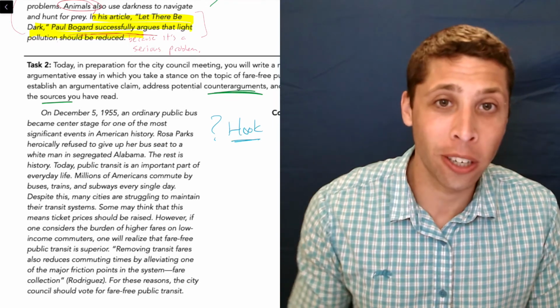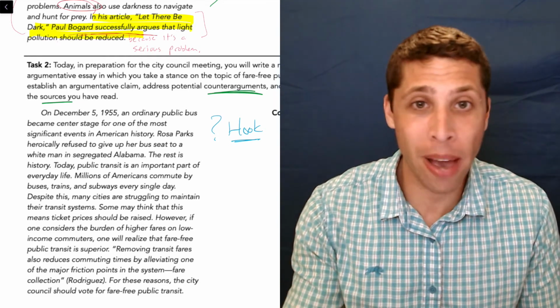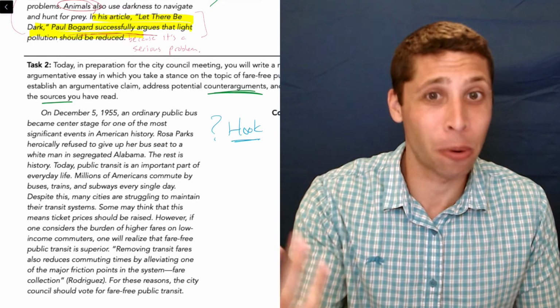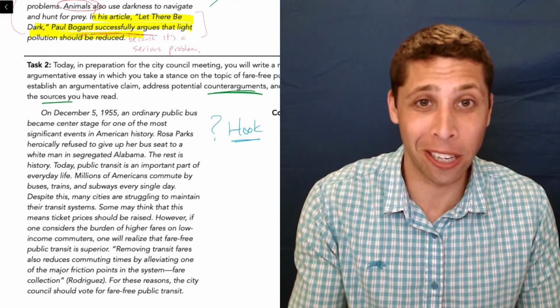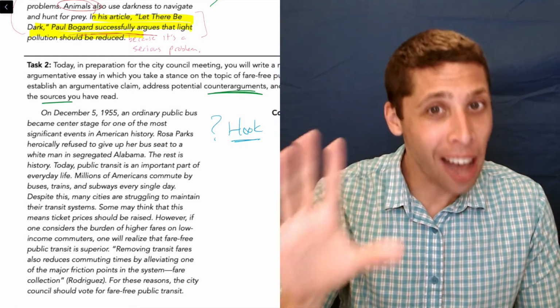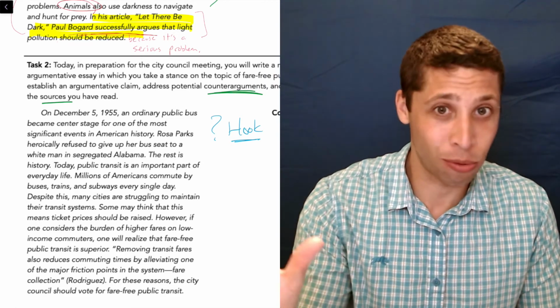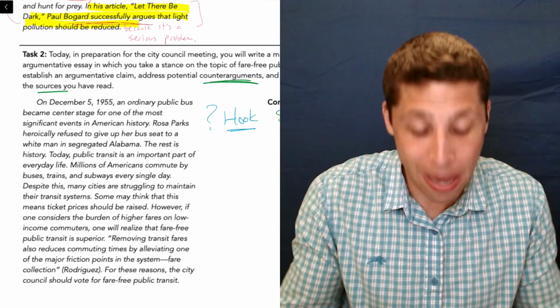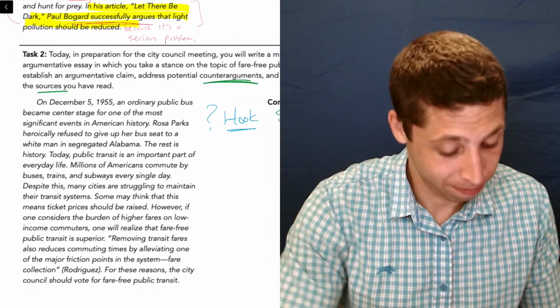This is why the hook, that idea that you need a hook all the time, can be bad. You just throw some random thing in there. You think it sounds profound and inspirational, but it has nothing to do with what you're talking about. If you're going to have an opening line, some sort of hook, it's got to relate to your overall point. This is just random, right? I have nothing about fare-free public transit based on this Rosa Parks story. Let's continue.